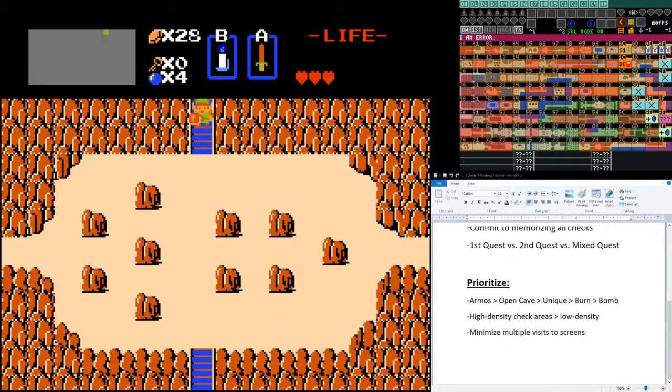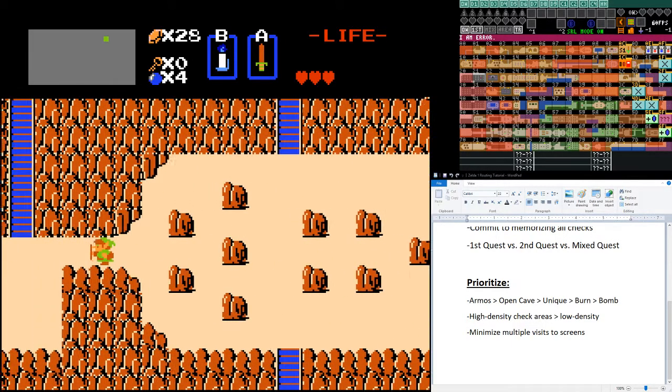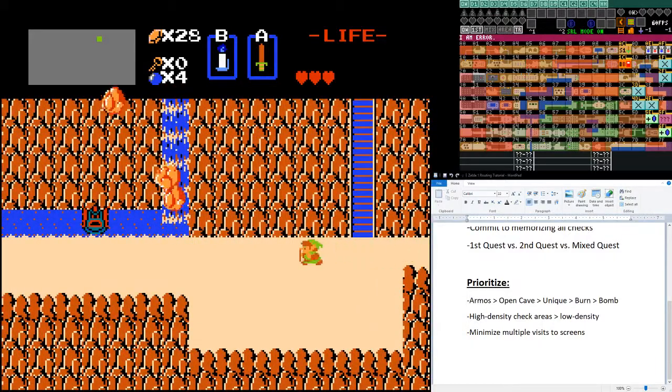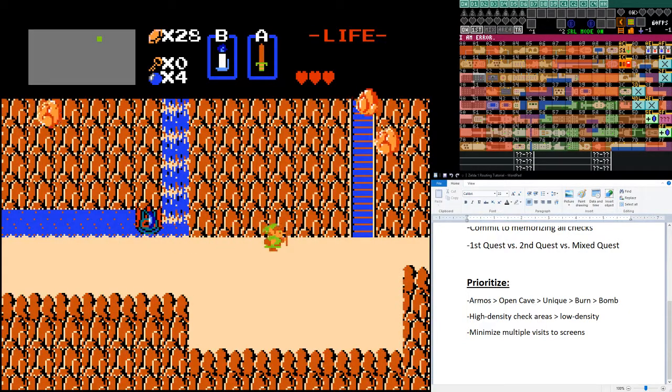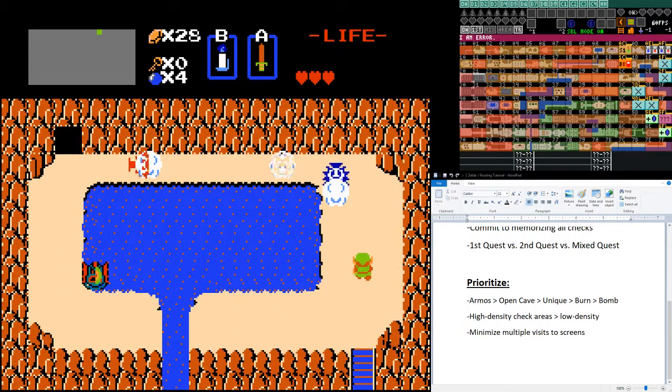So in the second quest, that vanilla level 5 is a fairy fountain. So what we're going to do here is we're going to check these other two checks, the waterfall and on top of the waterfall cave. And then at that point, our checks in this area are pretty well done. So after we do that,